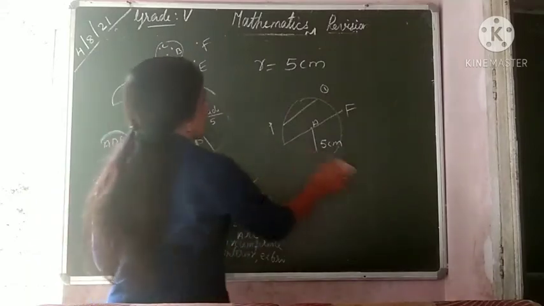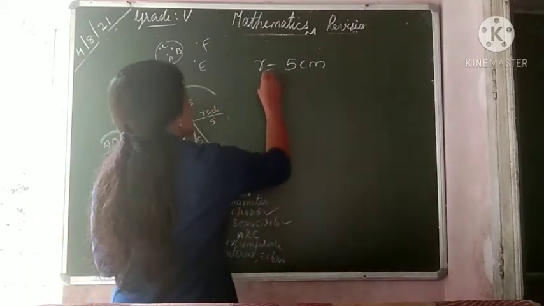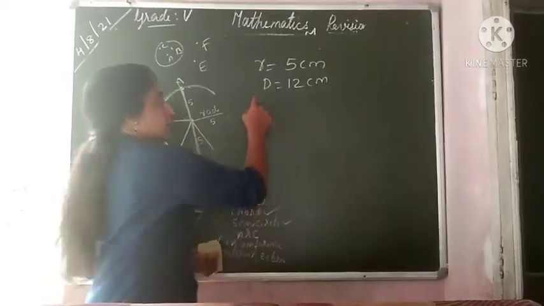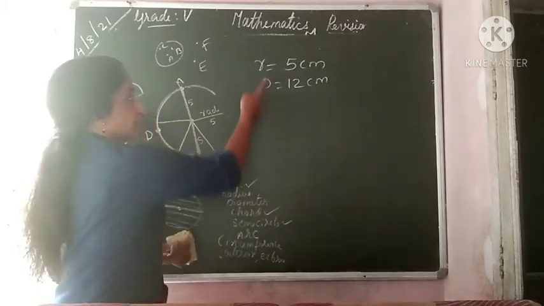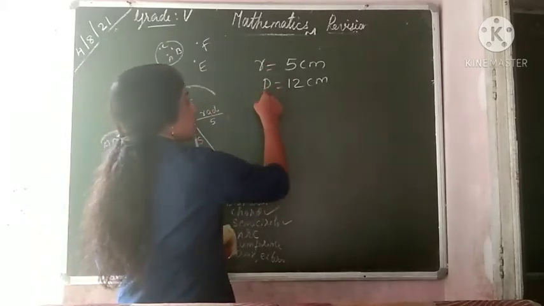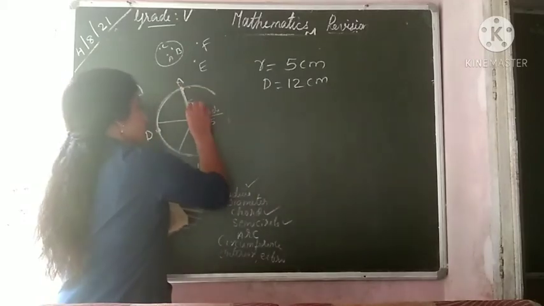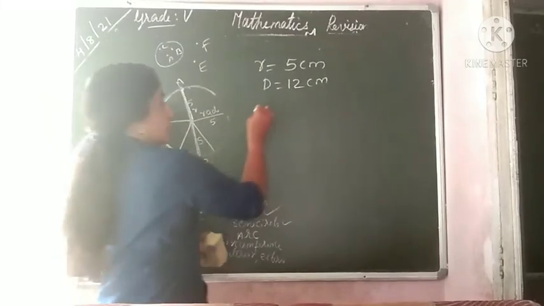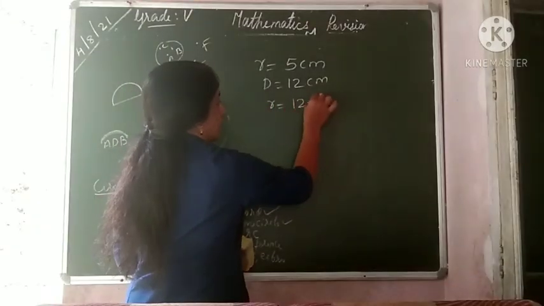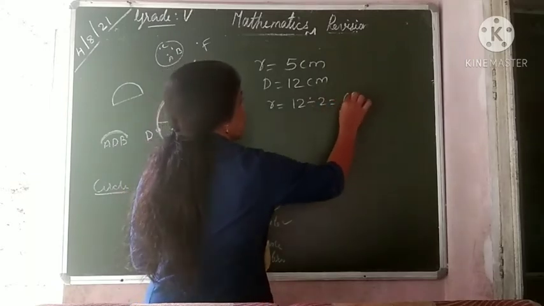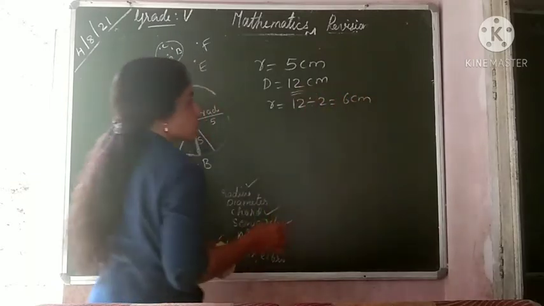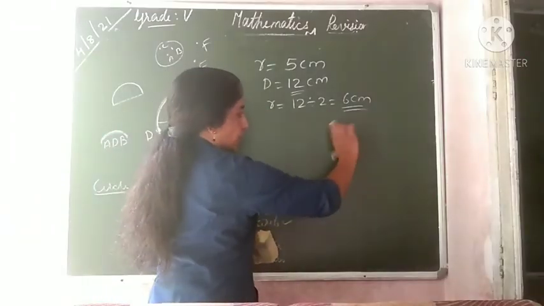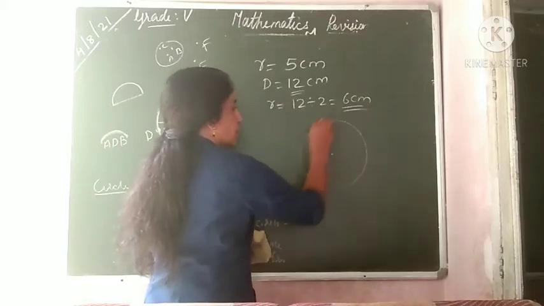Understood? Now sometimes the radius is not given. The diameter is given as 12 cm. How will you draw the circle? Using the diameter we can't draw. You need the radius. Therefore, you need to know the relation between diameter and radius. This is radius. This is also radius. The total is called the diameter, but it is double. So to find the radius, take half. 12 divided by 2 is equal to 6. Don't take 6 to 12. Take only half of it, that is 6. Then using scale and compass, take 6 cm and draw the circle.